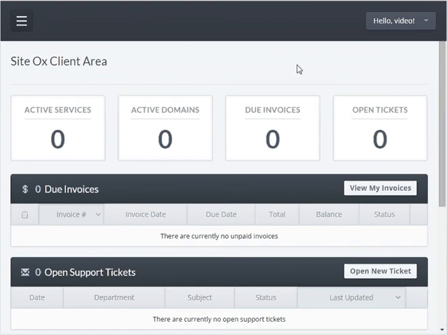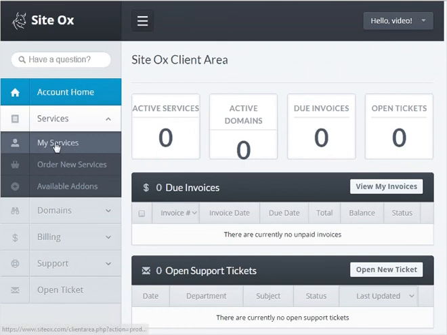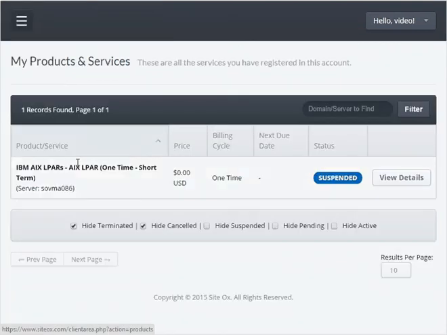The account home screen will be displayed, where you can view several different types of information, including the number of active services that you have, any open invoices or invoices that are due you may have, and any open support tickets you may have. To archive a server that you currently have leased at SciDocs, press the sidebar menu button and press Services. Then press My Services,